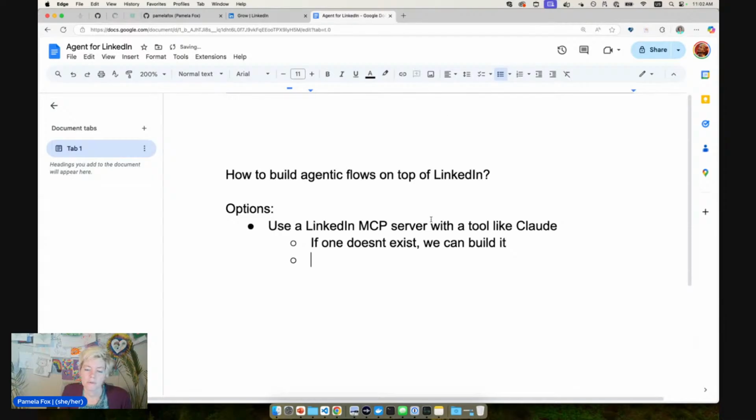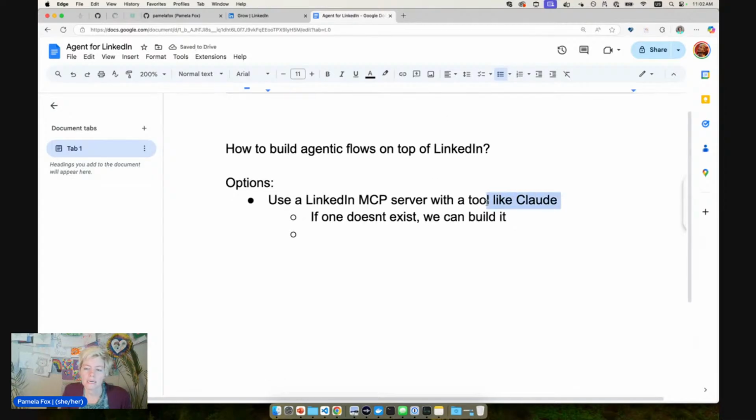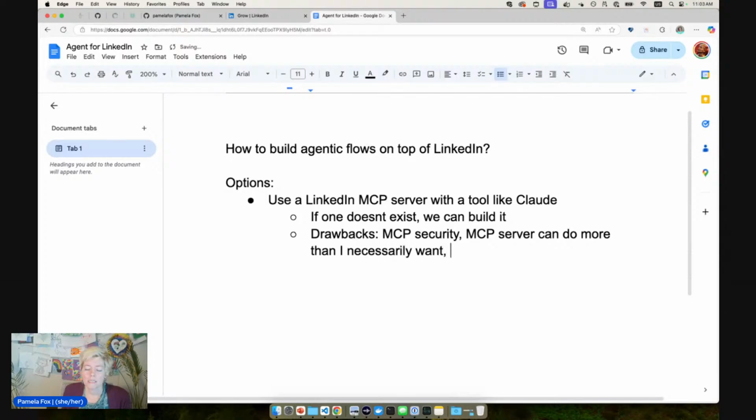And the nice thing about that is that then I don't have to make any UI, and I get the UI for free, and then I can combine it with other MCP servers. But there are drawbacks, like notably security. The MCP server might be able to do more than I necessarily want, and it's harder to